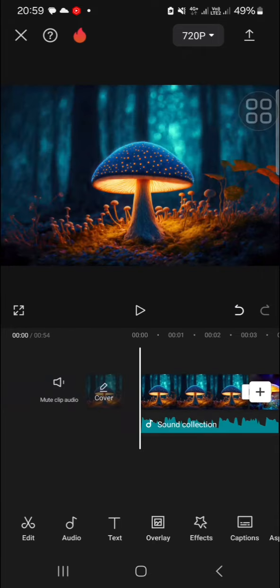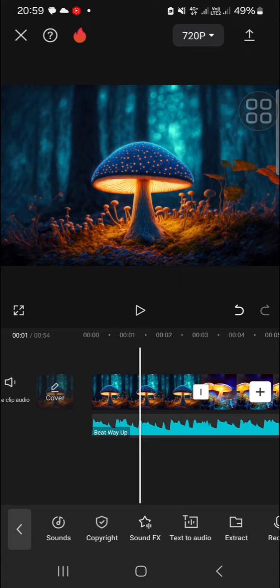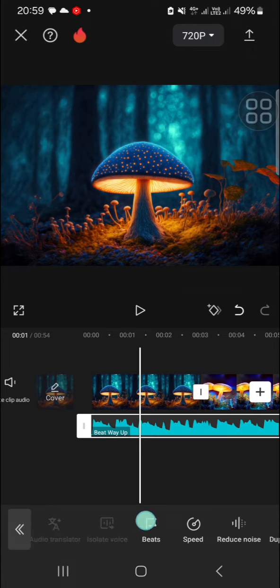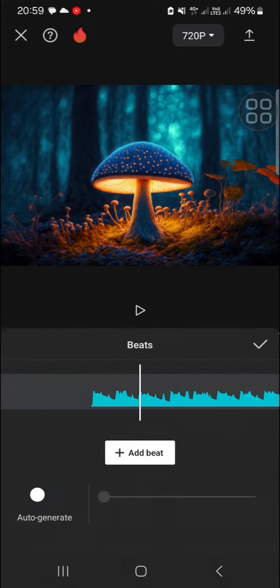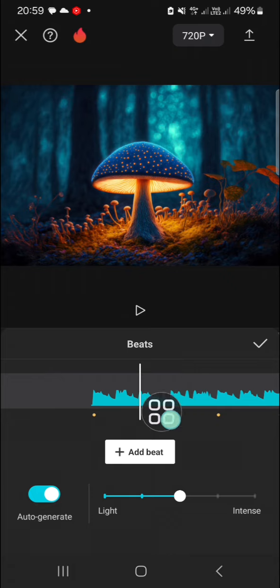And first things first, I'm going to add a beat mark to this audio. I'm going to add the beat mark automatically. We can click on the audio and go to the beat option, and I'm just going to select auto generate to add the beat mark automatically. Okay, and now as you can see, guys, the beat mark has been added to my audio, and we're